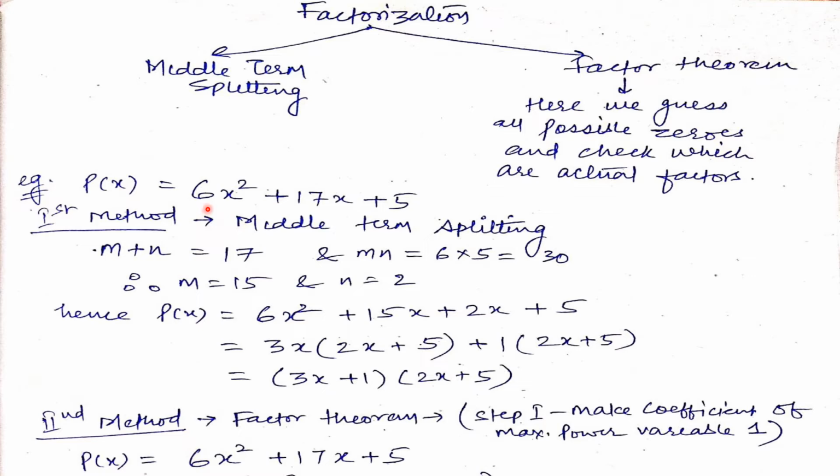Kindly observe the coefficient of x square is 6. Coefficient of x square is 6. I am telling you because this will be observed in factor theorem also. So I have broken the 17x as 15x plus 2x, taking common and all, I have got this answer, that is (3x plus 1)(2x plus 5). It was very easy. Now we will see how to find these same factors